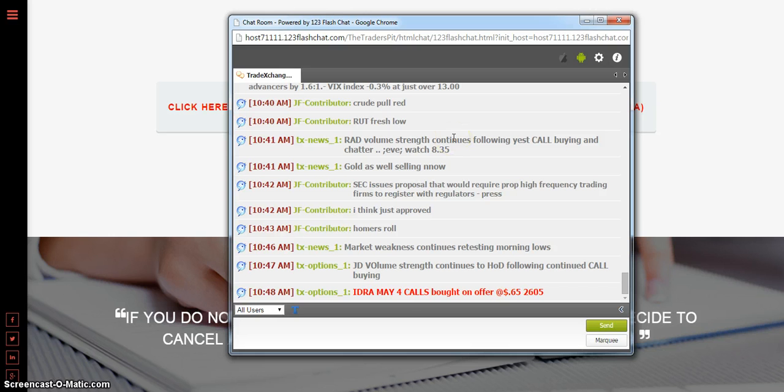So you can see here the latest post was at 10:48 in the morning, and this was on IDRA, May 4 calls bought on offer at 65 cents, and this is the quantity of the option contracts. Couple of other things, you'll see at 10:47, not always will you see a defined option play here. So some of the information coming through may be in the way of this. For example,